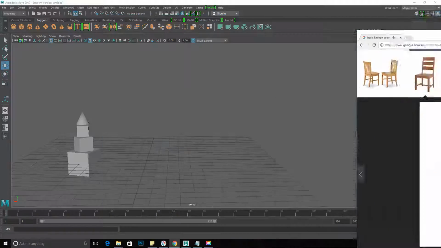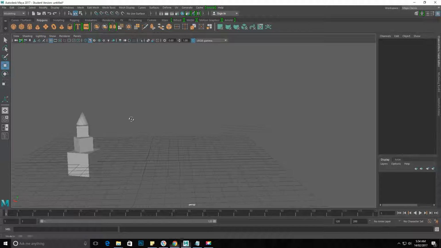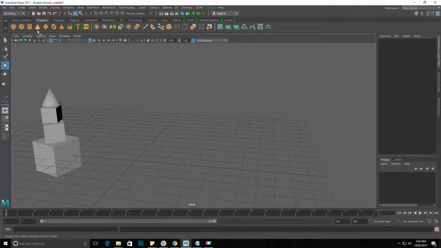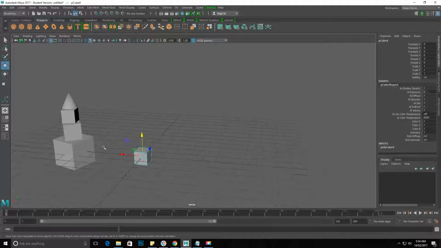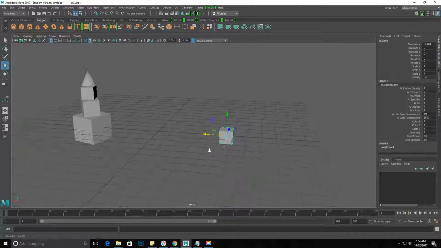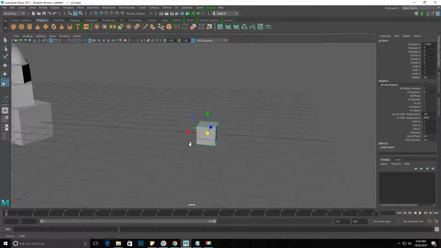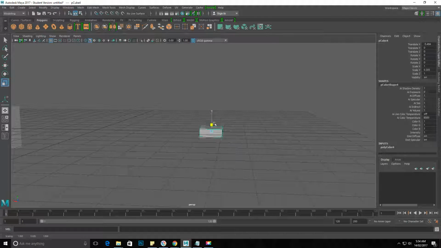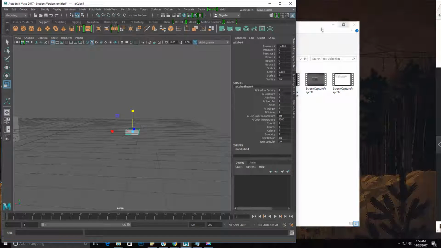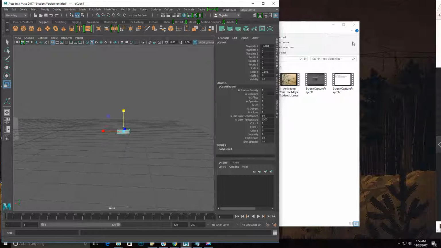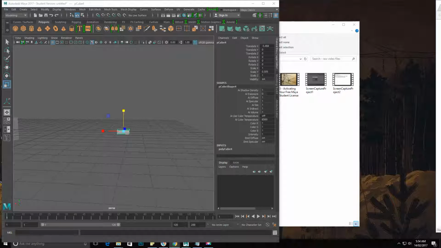Let's pull that up. We'll put it on my second monitor. Let's create that base first. So I'll create a cube. And we've already talked about moving with the W key here. And scaling. So I will flatten it out. Let's actually, so you can see what I'm seeing, I will just modify my screen here so that we've got our chair reference and